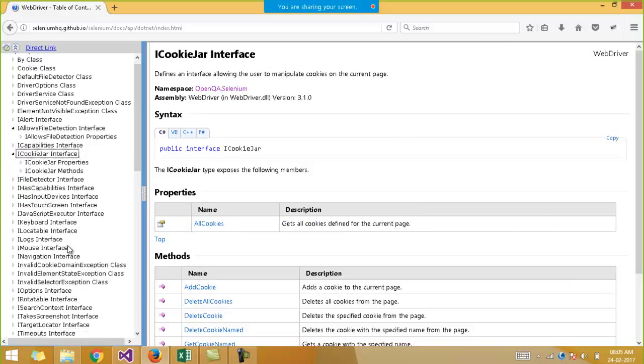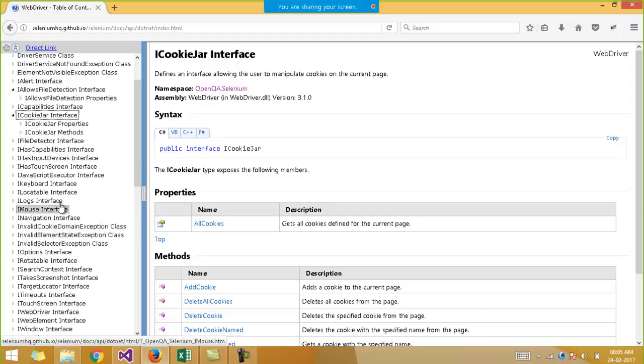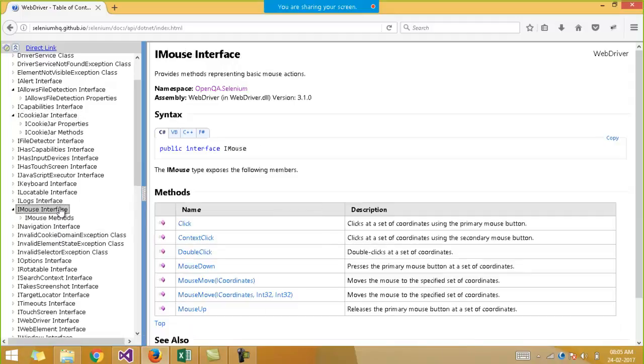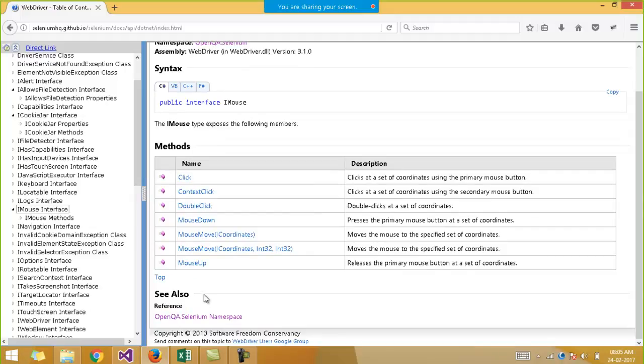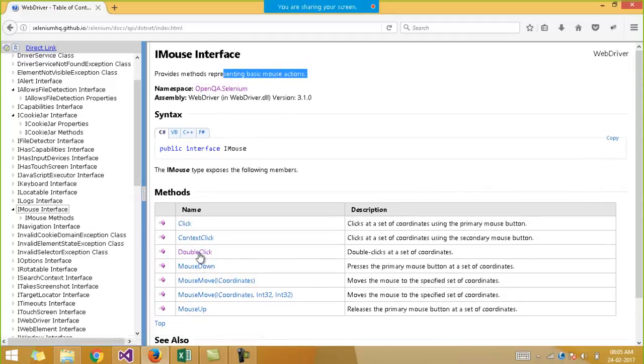Say I take the mouse interface, which describes the mouse functionalities. It provides various methods representing the basic mouse actions: click, context click, double click. So this interface gives you all the functionalities which the mouse interface provides to you.